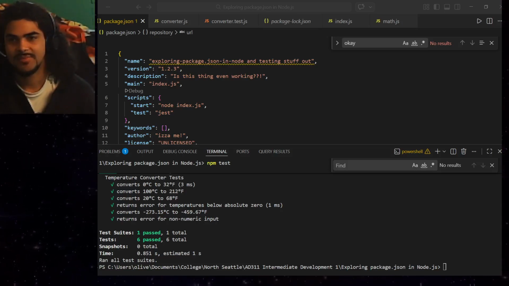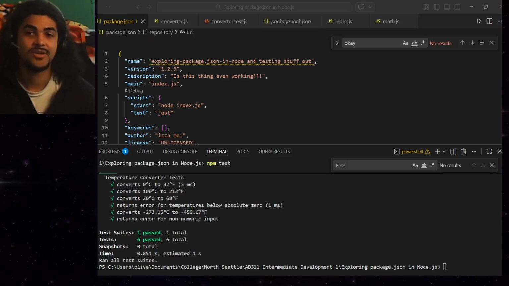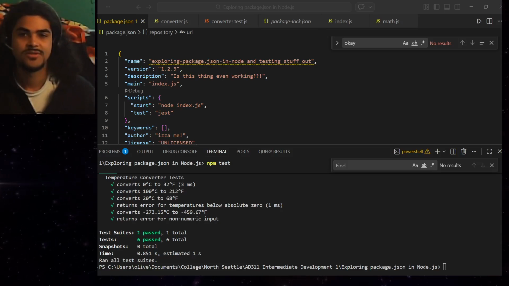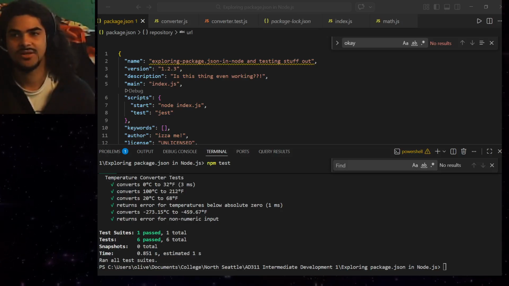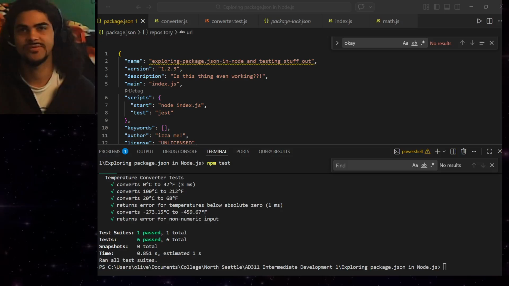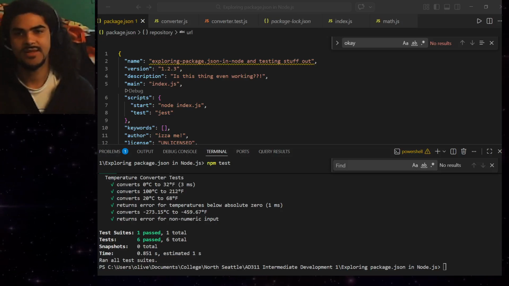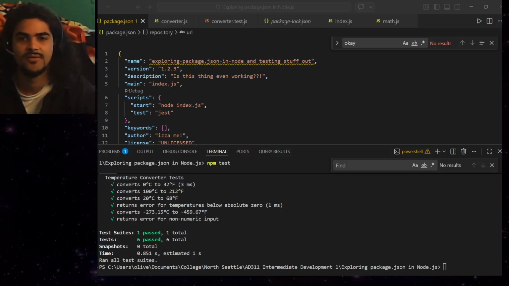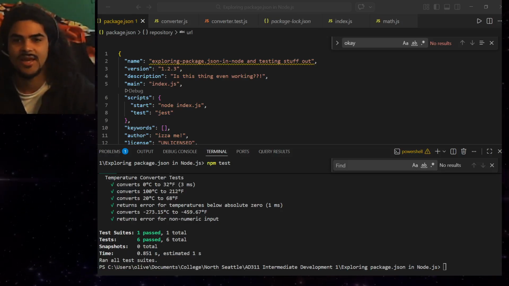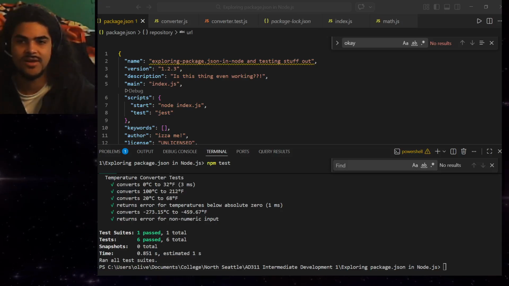Dependencies are needed for an application to run in production. Dev dependencies, on the other hand, are only needed while writing or building the actual code. Some examples are Jest and Mocha for running tests, and Nodemon for restarting servers automatically, and ESLint for checking syntax, as we covered in another video. Adding Jest as a testing framework via the package.json file,